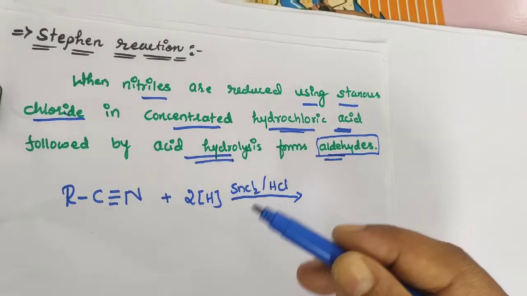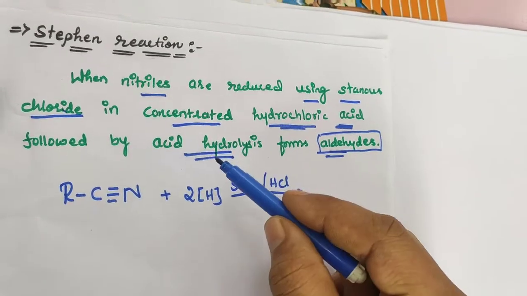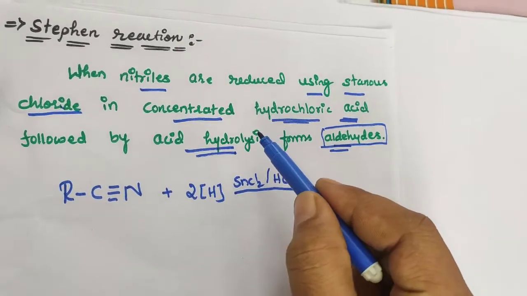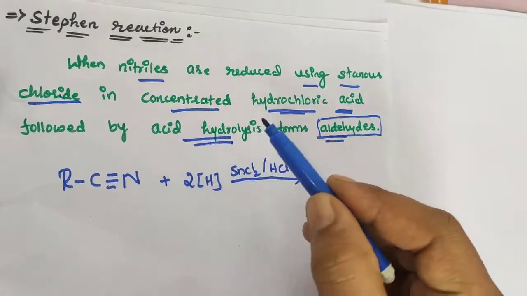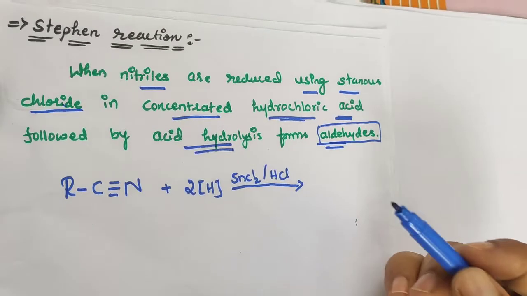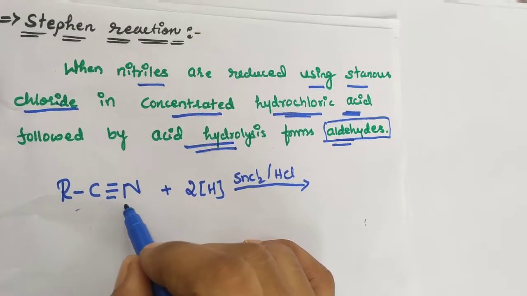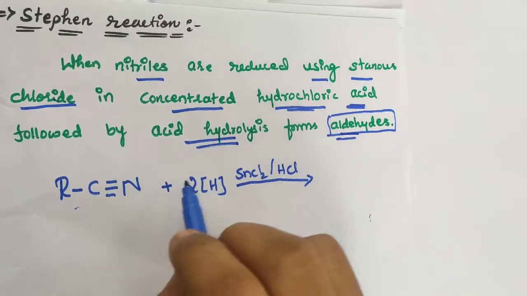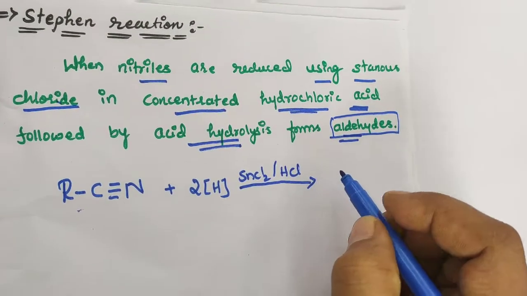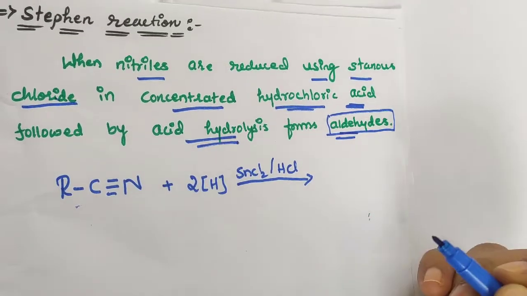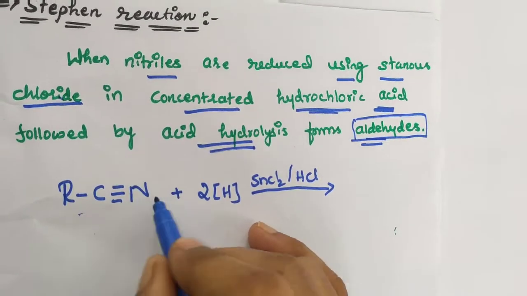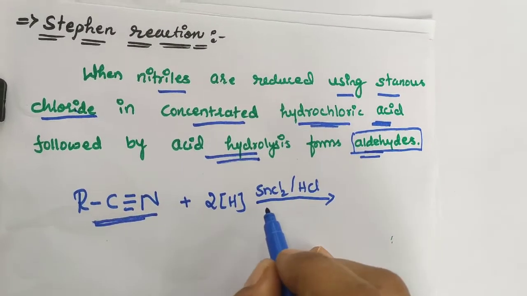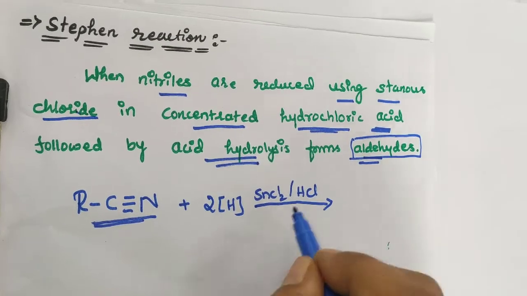Simply, we should understand the difference between hydrolysis and acid hydrolysis. Whenever we add a water molecule to a substance, it breaks down into two parts. If that process is carried out in the presence of acids, it is known as acid hydrolysis. So for these nitriles or cyanohydrocarbons we apply acid hydrolysis. What product will we get here? It appears in two steps of reaction. In the first step, we have the nitrile and we add stannous chloride in the presence of HCl.